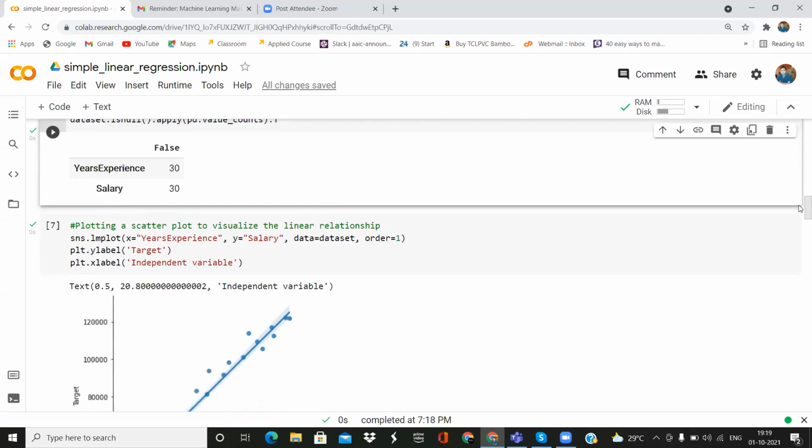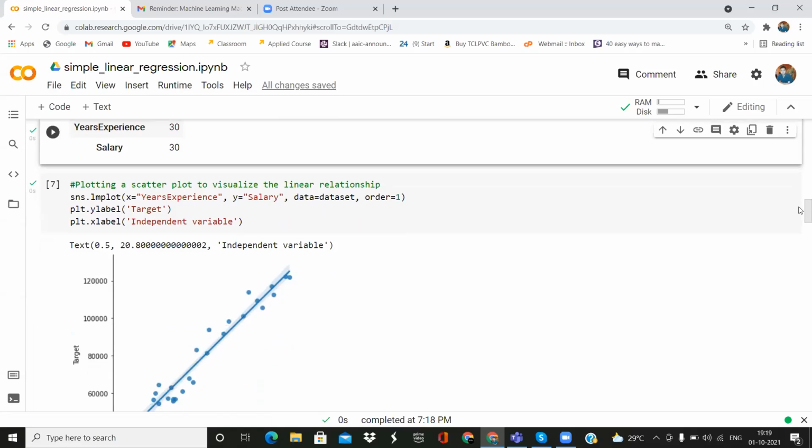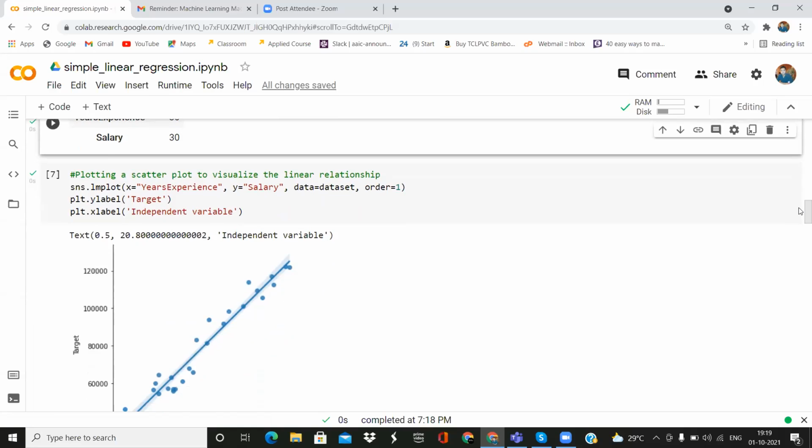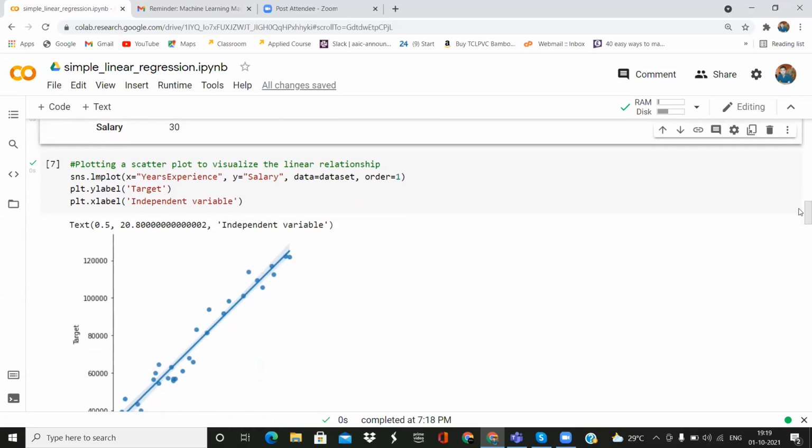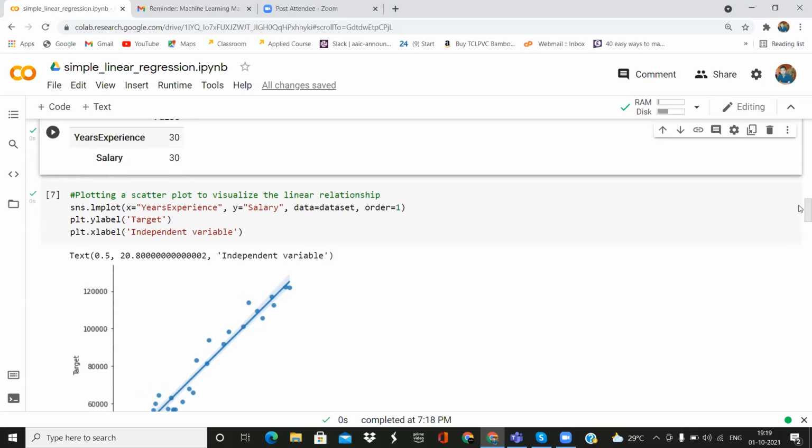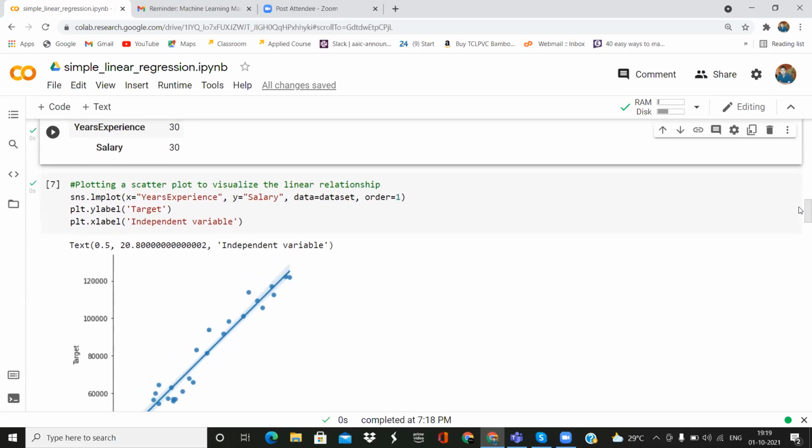Then after that, it's very important to check the linearity. As I've told you yesterday, the various assumptions. Linearity is the important thing you should check to apply linear regression to your dataset.